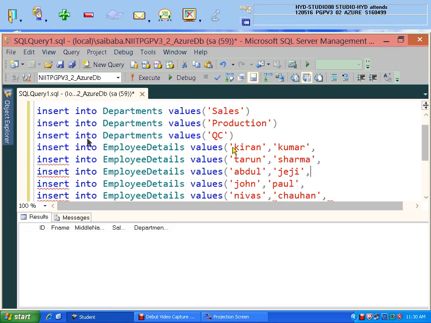Names and afterwards stamp, salary and department too.